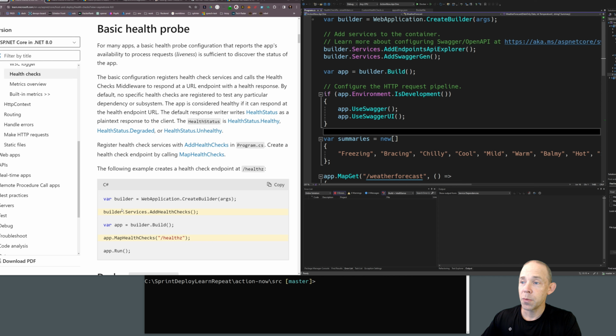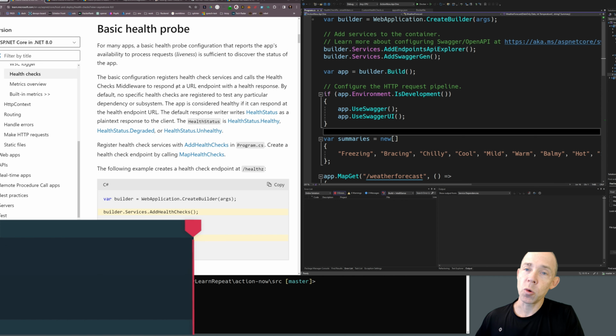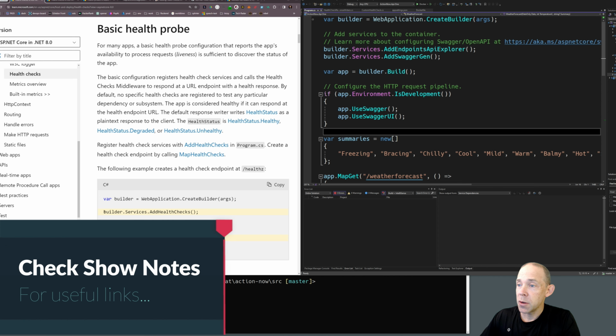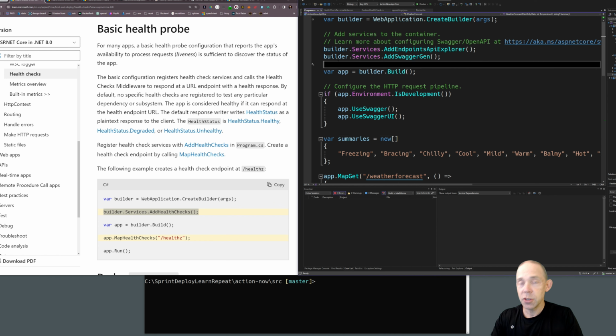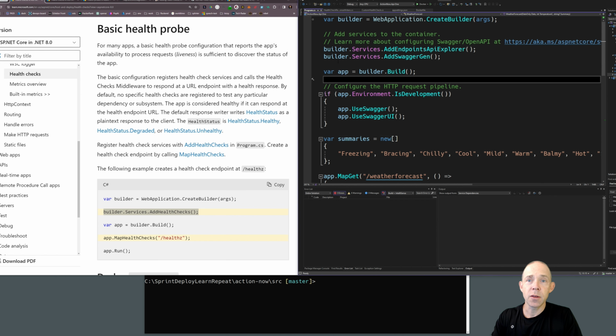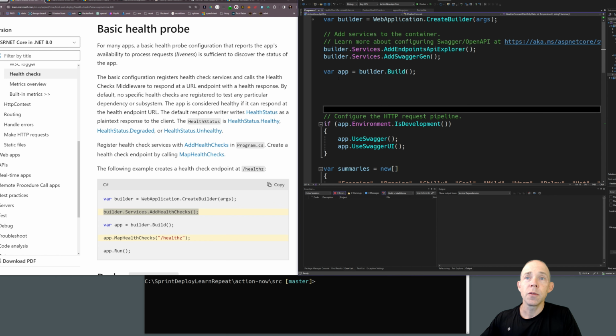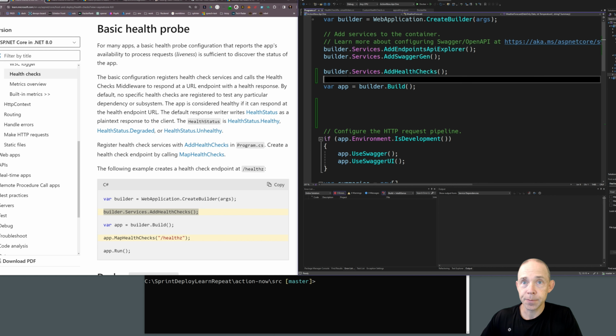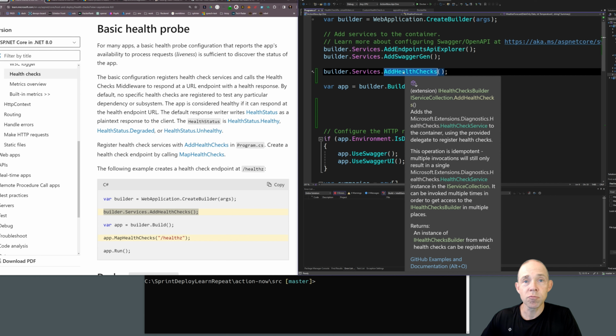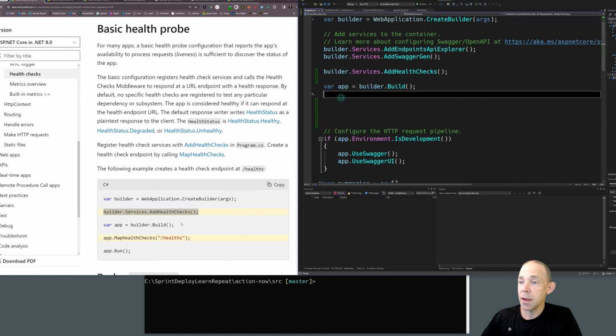For a basic health probe or health check, this is the code that we need to add right here. I'm just going to cut and paste it because that makes it a little bit easier. So in the builder section, let's move all this stuff out of the way. It's not important for what we're trying to do. Okay, so we're going to add health checks. Okay, cool. And then let's actually not be lazy and type map